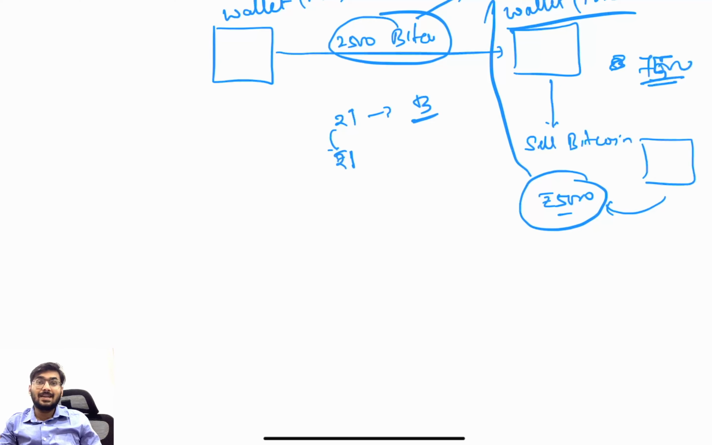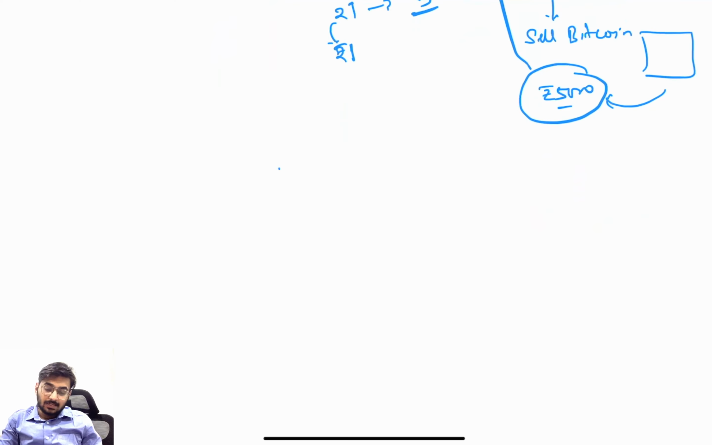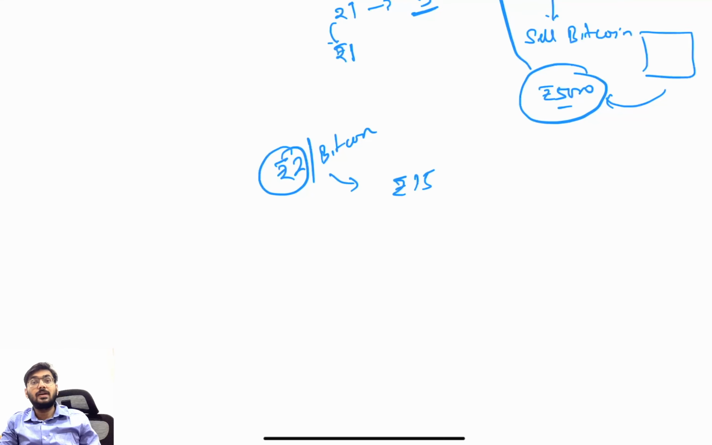So you can keep it as an asset. Means you have purchased the bitcoin, say at the rate of rupees 2 per bitcoin, and maybe after 1 year, because of the high demand for this bitcoin, this 2 rupees will become 15 rupees and you will make a huge amount of money. Are you getting the point? Now